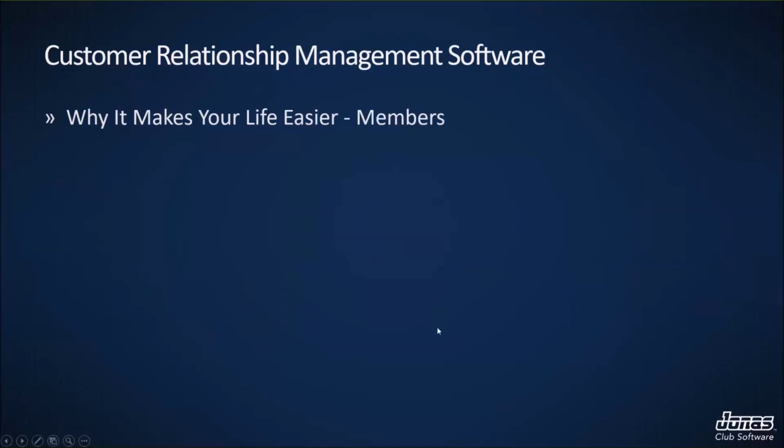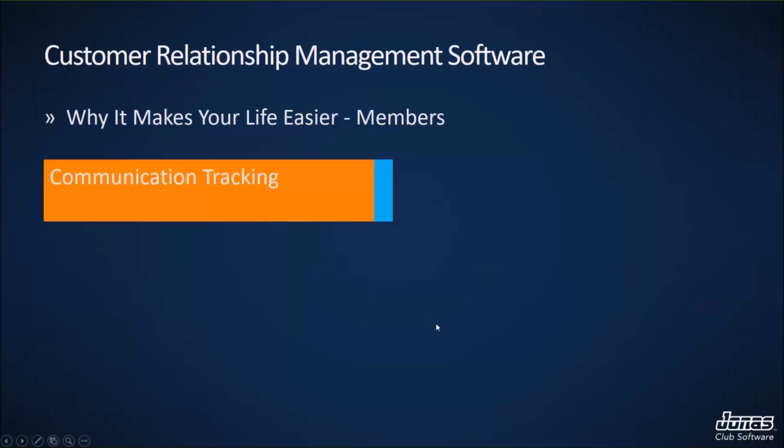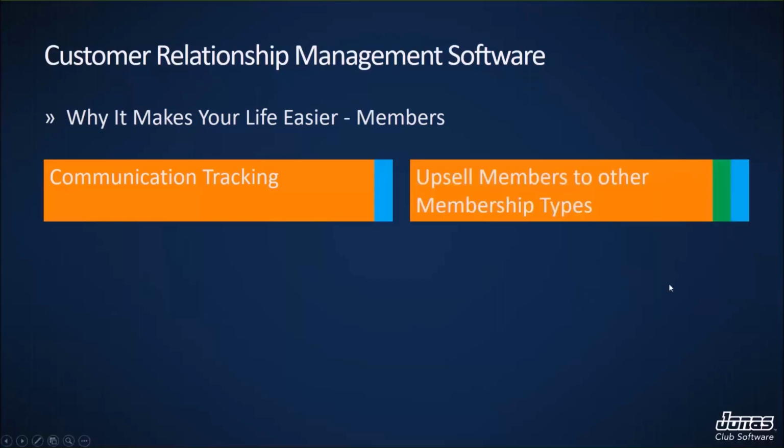From a member perspective, CRM is also effective as a communication tracking tool. If a club member has a complaint and they've made that to the food and beverage director, that food and beverage director can put that into CRM. It can be reviewed by other people at the club, such as the GM. If there's any need to follow up with that member, that can be assigned to someone. Over time, this allows you to go back and reference these conversations so that you have an accurate record of what took place. Also, it's a great tool to use when you're trying to upsell social members to a higher membership category,